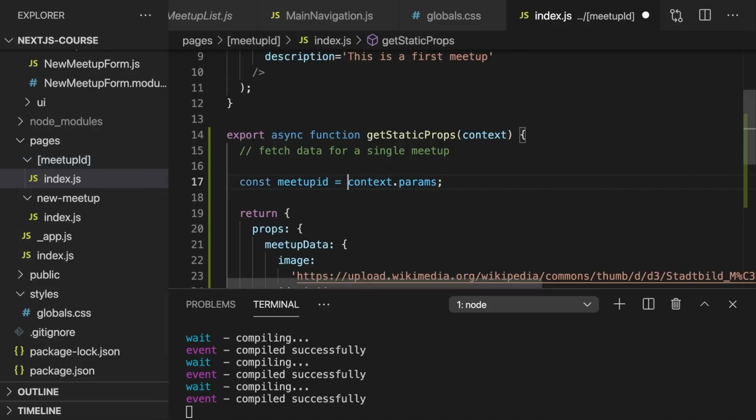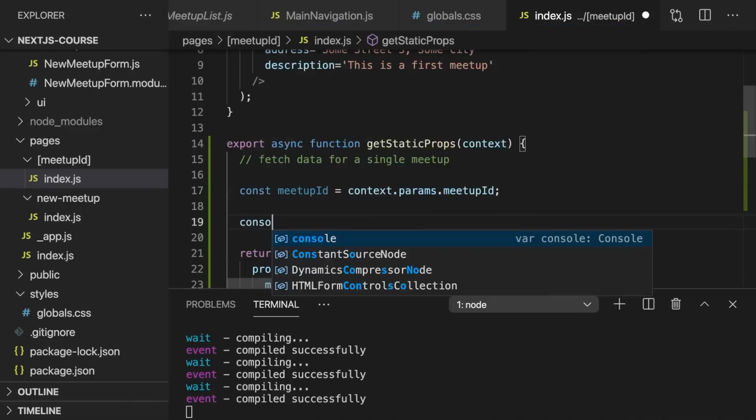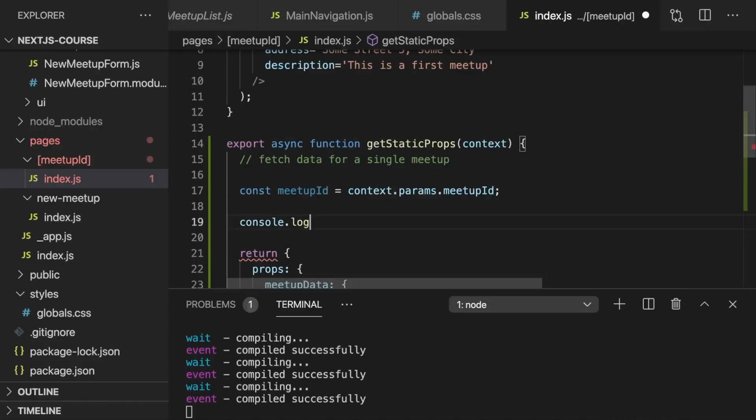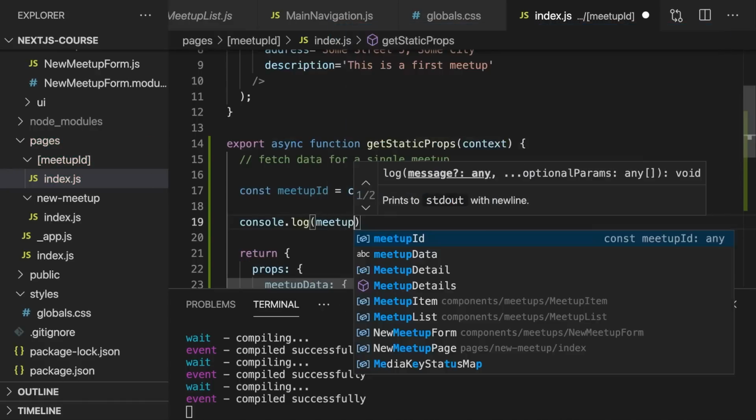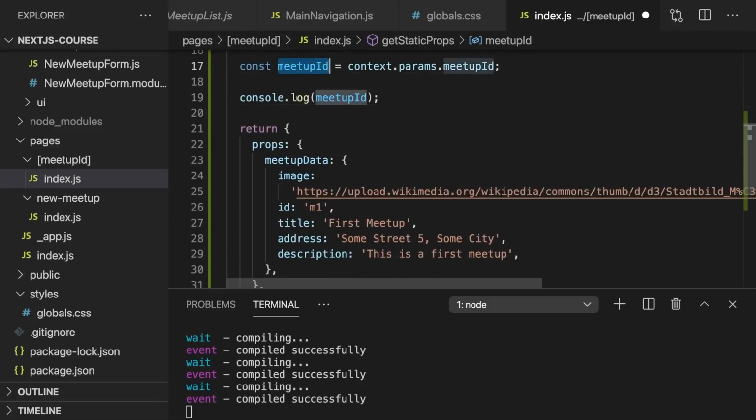So our Meetup ID, for example, could be accessed with context.params.meetupid. Meetup ID because that's the identifier I have between the square brackets. And that would then be the concrete Meetup ID for which we're displaying this meetup. I can console log this here inside of getStaticProps so that we can see that this really works. And then it's this Meetup ID which we could set as an ID here if we want to expose it to the component function. With that, if we save this,